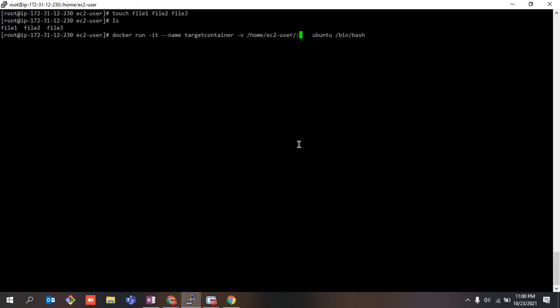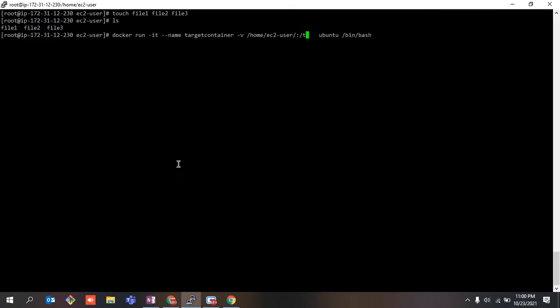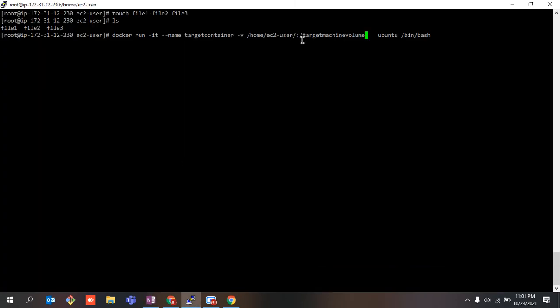And with the help of this colon sign, I'm going to bind it with this Docker, and I'm saying that in the root directory, just create this directory like target-machine-volume.